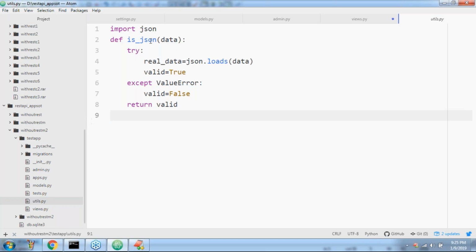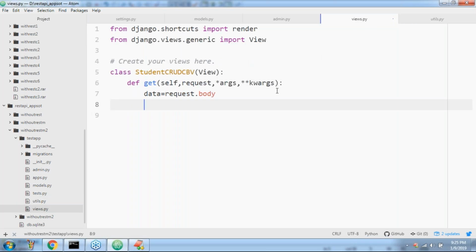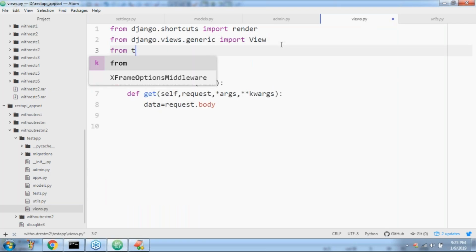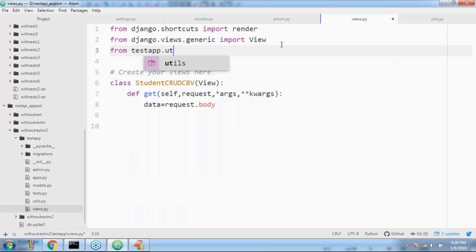Now, to check whether we are passing JSON data or not, first we have to import: from test.utils import is_json.